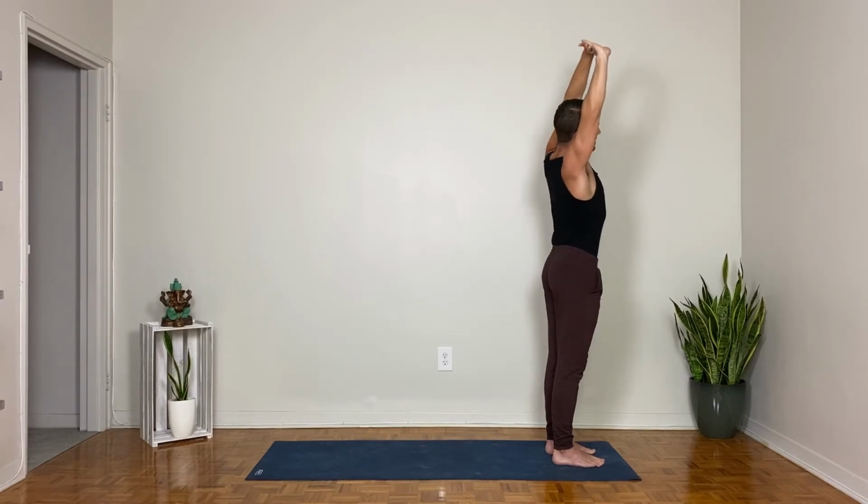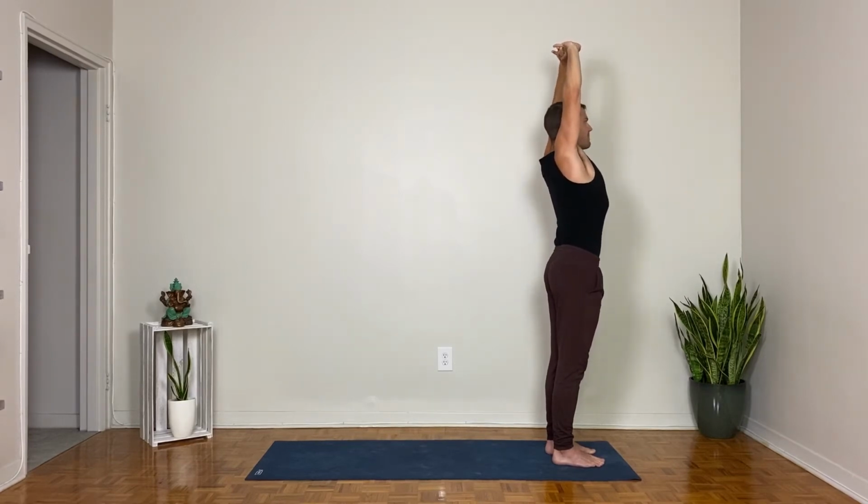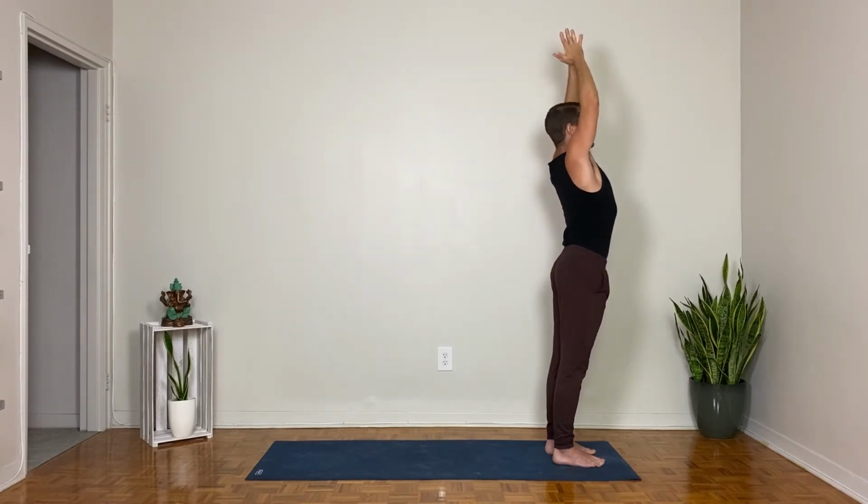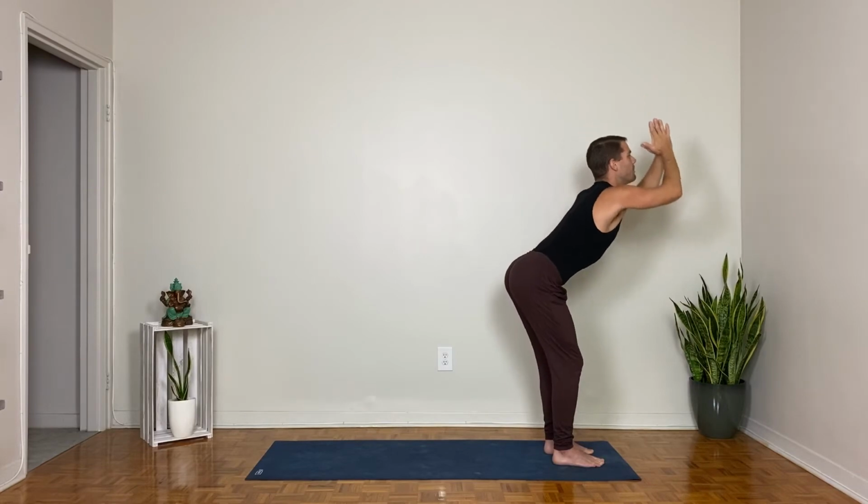Inhale back to center. Side bend to the left. Let the hips sway a bit to the right. Inhale back to center. Now connect the palms of the hands and then exhale, bend your knees and bow forward